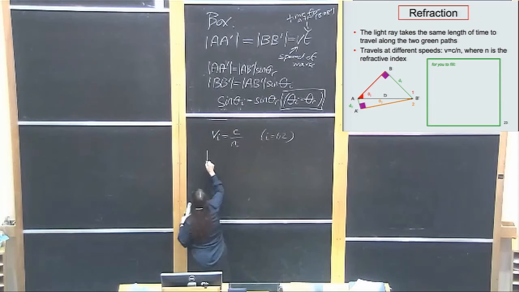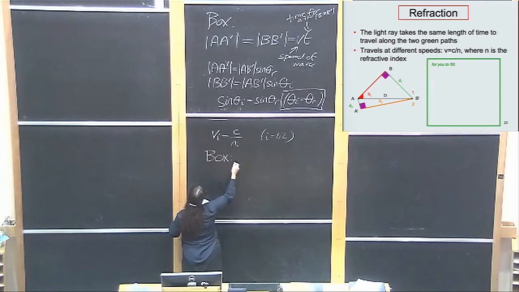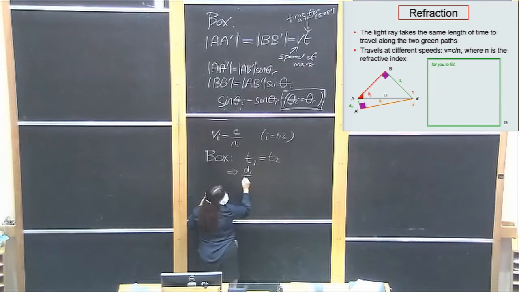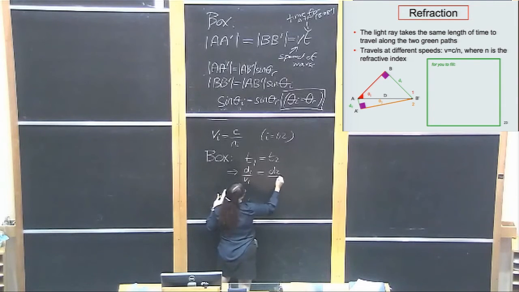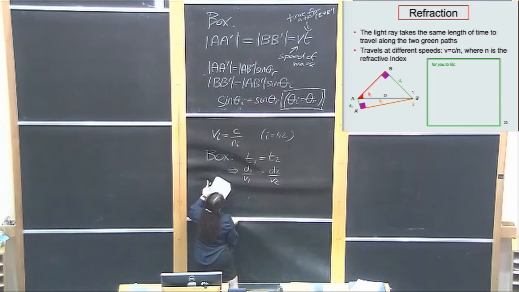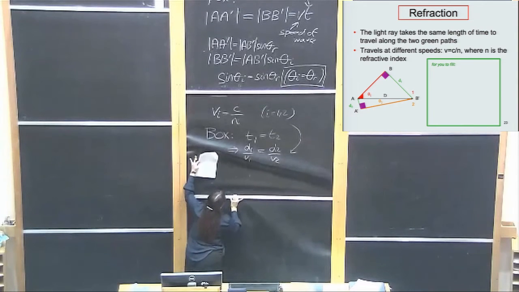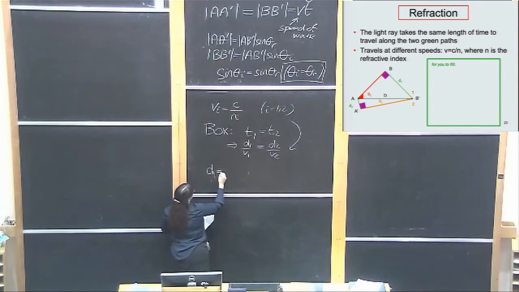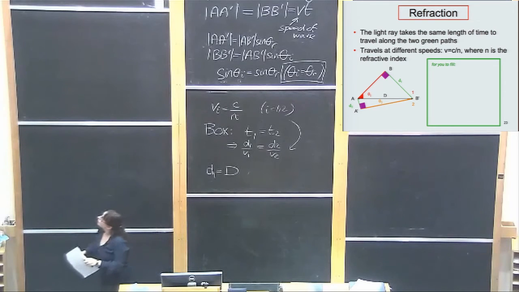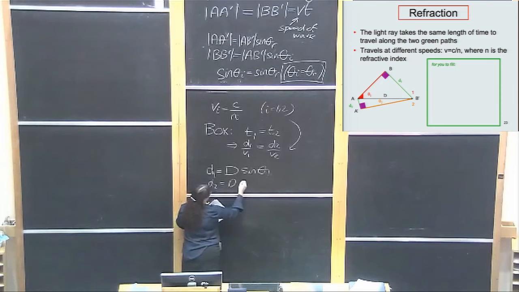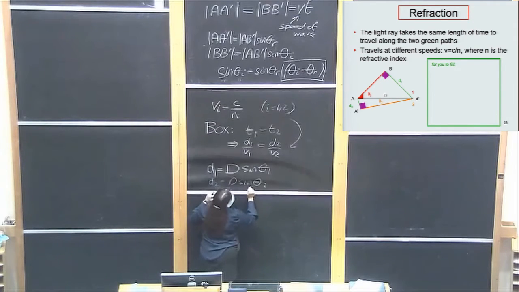Okay, so what to put in the box? What we're saying is that the time taken to travel d1 is the same as the time taken to travel d2. Also using that in a minute, the other thing we know is that d1 equals d sin θ1, and d2 equals d sin θ2,